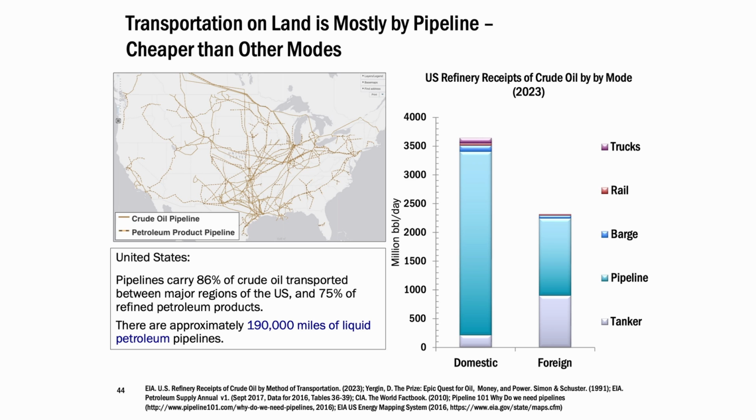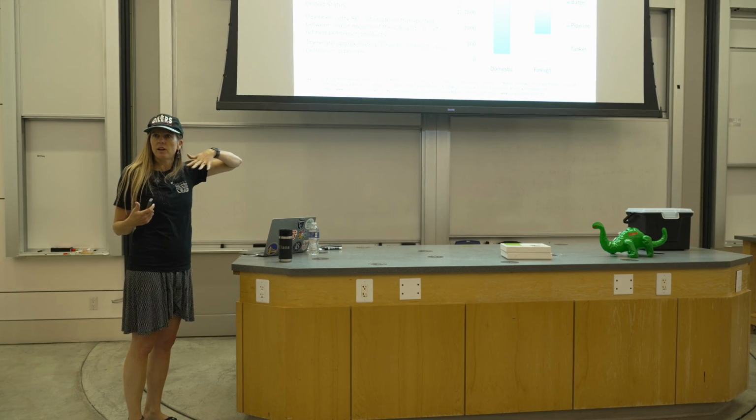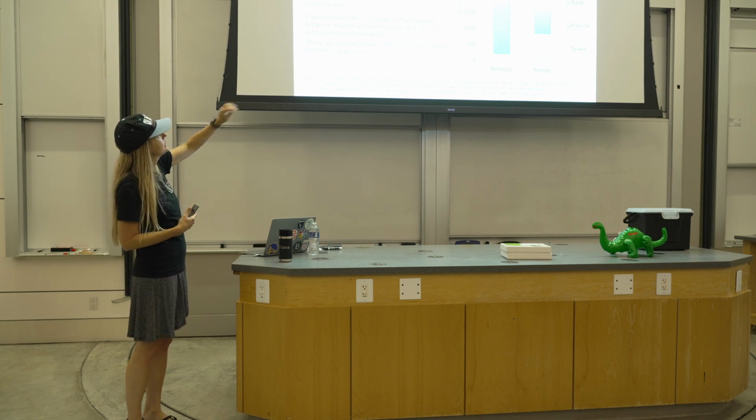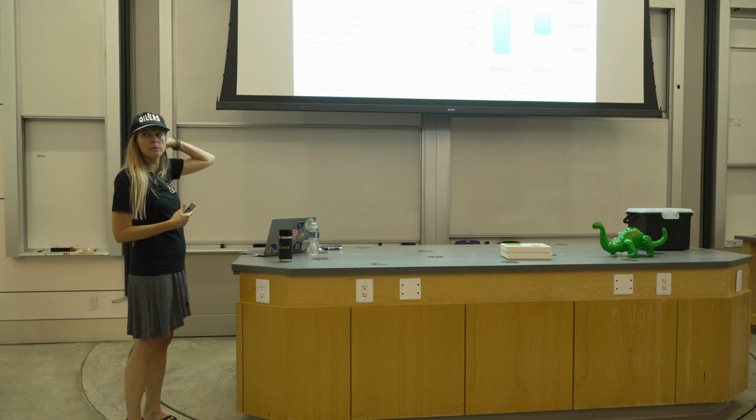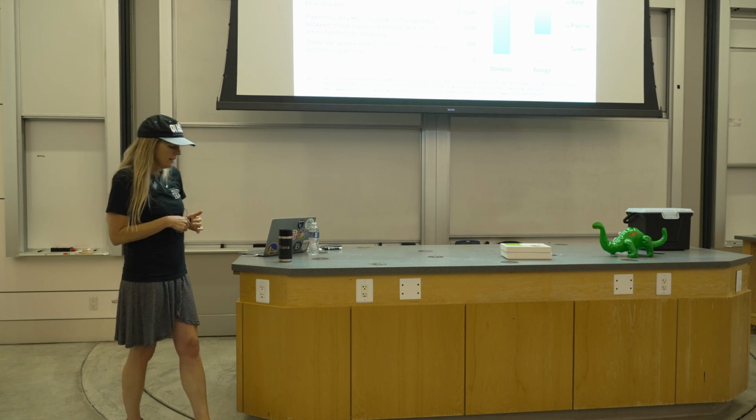And so you can see that, for domestic or even foreign, a lot of that's Canada. We're moving it around in pipeline. We have a pretty extensive pipeline system. You can see for both crude oil and products in the US. But you can see California is kind of isolated over there. We don't have crude oil pipelines to where much of the shale revolution is going on in places like South Dakota or Texas. There's no crude oil pipelines to get it there. So we're kind of isolated over in this part of the market.